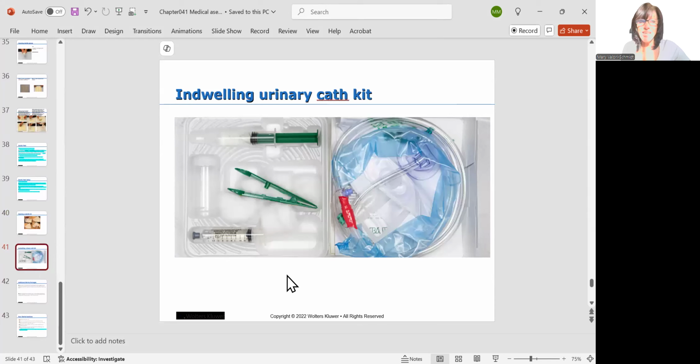And this is a picture of an indwelling urinary catheter kit. You've got your drainage bag with its tubing. You've got a sterile cup in case you need to get a urine specimen. This is old school. It's got tweezers and cotton balls. You put some povidone iodine, betadine on the cotton balls to wipe the urinary meatus before you placed the cath. This is lubricant that you would use to lube the lower portion of the cath before you would try to insert it. And then this is sterile water and a syringe that you use to blow up the balloon that keeps the catheter in the bladder. But again, we'll go over this in more detail.